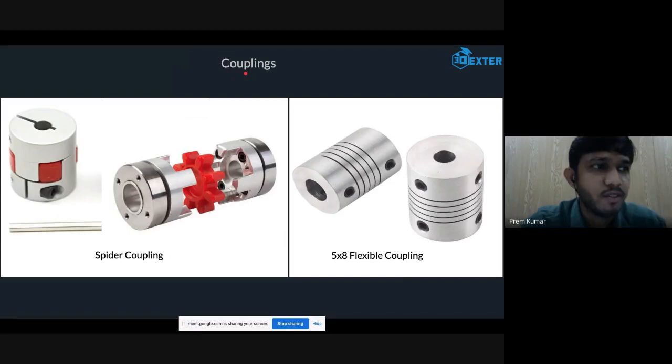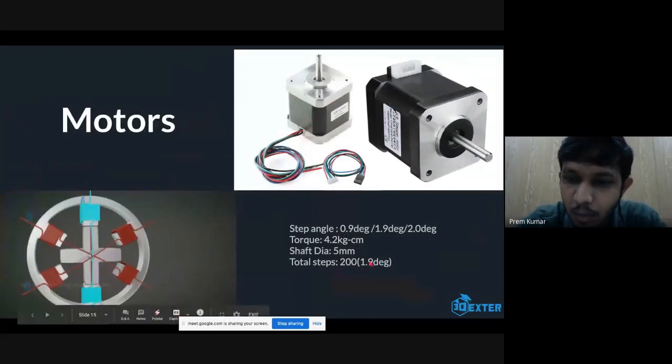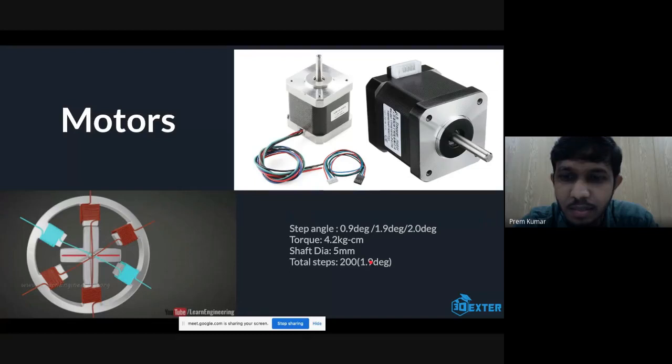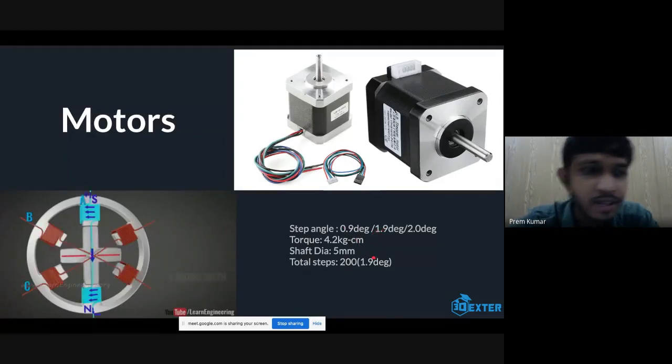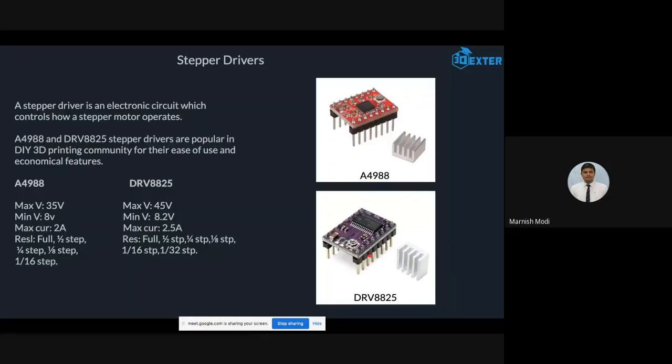So here we have coupling. I guess here in this slide it is 1.9. Actually, it is not 1.9. It is 1.8. This is a mistake, an inaccuracy. So here we have 0.9 available, but not 1.9. It is 1.8. I guess the one who asked this question, this is clarified. So it is 1.8.